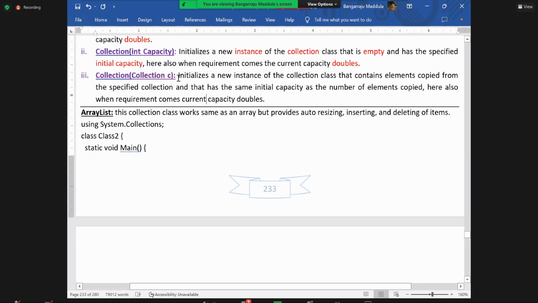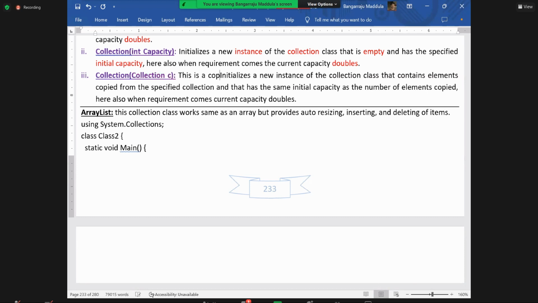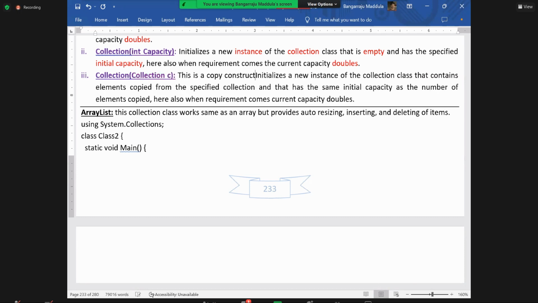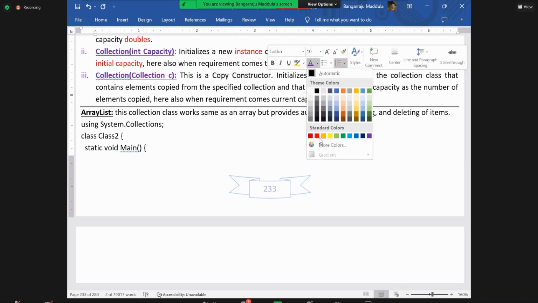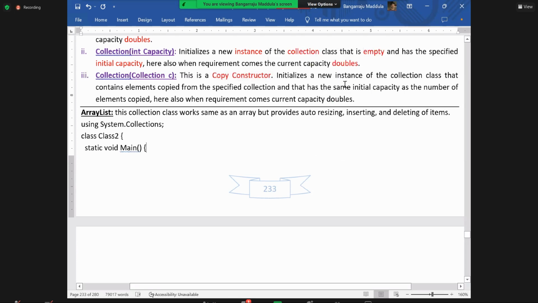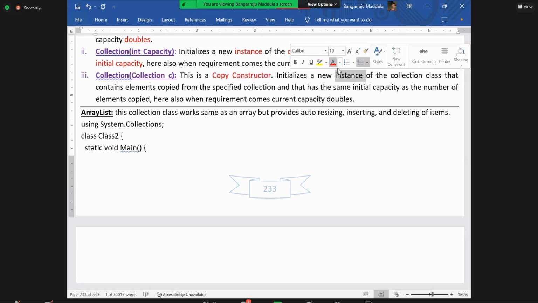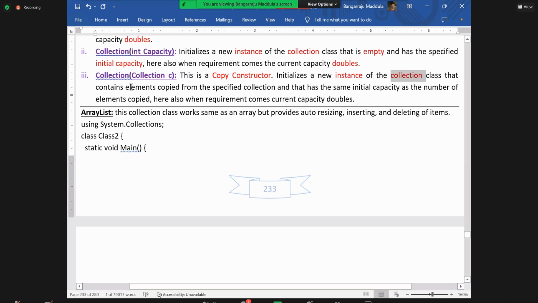So here I'm mentioning this is a copy constructor. You know what a copy constructor is? I don't need to specially teach you about it now. What does it do? Listen. It initializes a new instance of the collection class that contains elements copied from the